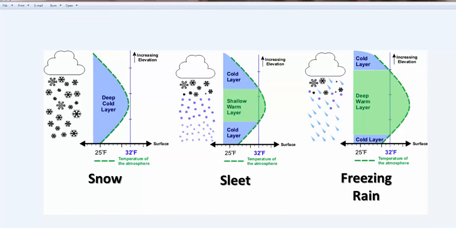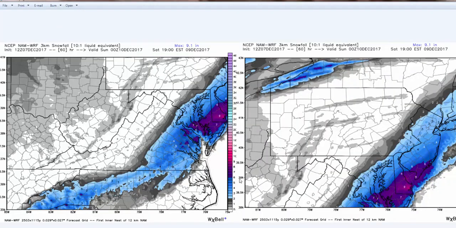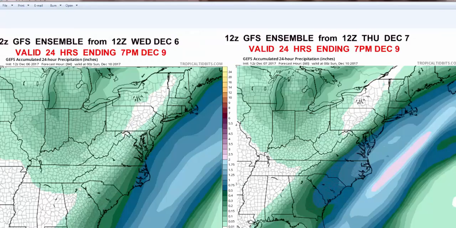All right, things began to change this morning. And we'll do this. Oops, jumped ahead. This was the NAM from this morning, the 3 kilometer high resolution NAM. And you can see that in Richmond, for example, 5 inches of snow, and then Salisbury, 9 inches of snow, 3 inches up in DC, close to Baltimore and to Philly. Nothing in Charlottesville or Roanoke, Lynchburg, and then a band of snow here in Greensboro as well. And you can see the snow continuing up to New York City. Not a huge snowfall, but obviously over the Delmarva and southern New Jersey, you can see it's got pretty significant snow, well over 6 inches on the NAM, which, by the way, as we know, still has a wet bias.